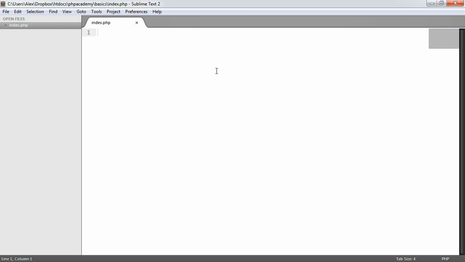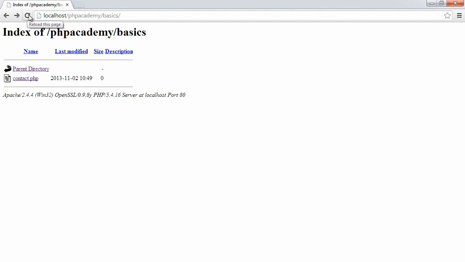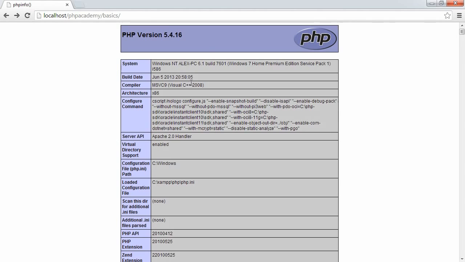So what are we actually going to put into this file? Well, we need to start by opening PHP tags, which allow us to specify that we are writing PHP and this needs to be interpreted. So we use a less than sign, a question mark, and php. In this case, we're just going to say phpinfo, and this is a function, so we're going to supply two round brackets, and we can go over to our browser and preview this. And you can see here that I'm running PHP version